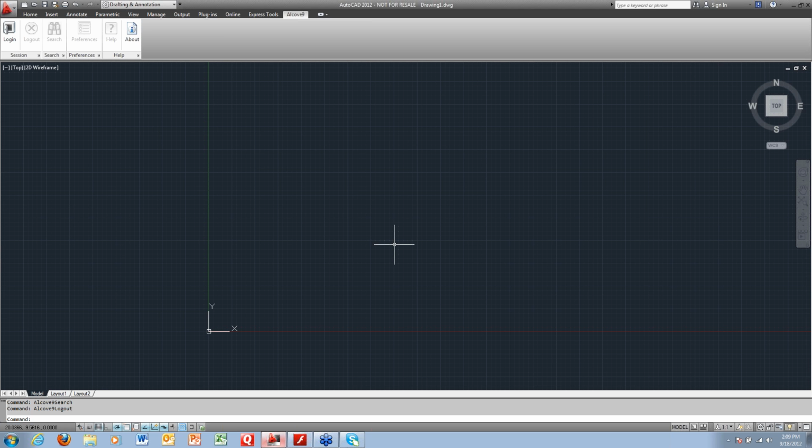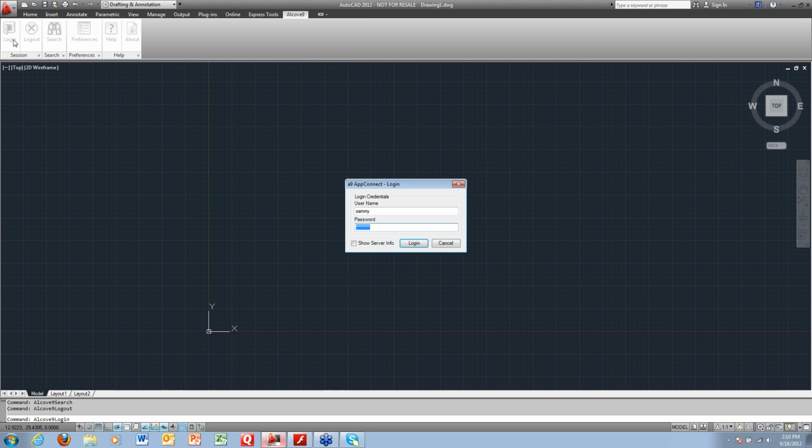This is the AutoCAD session that we have, and notice that we have created a menu right within the AutoCAD menu. It's called Alcove 9. If you click on that menu, you'll be presented with these buttons right on the top bar. The first button is a login type button, and that one is definitely needed for security reasons,